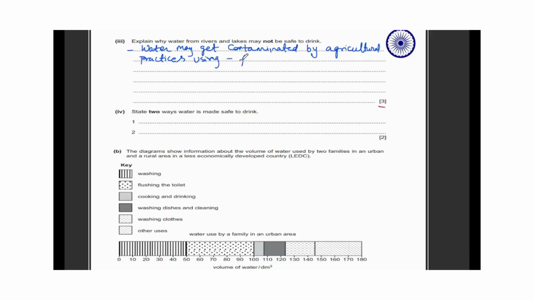Using fertilizers. Okay, using either fertilizers or what else will this use, chemicals. Okay, pesticide, insecticide. Second thing, water may also get contaminated by nearby